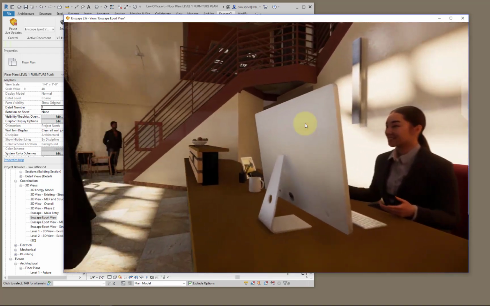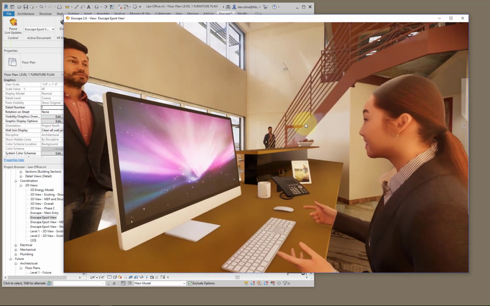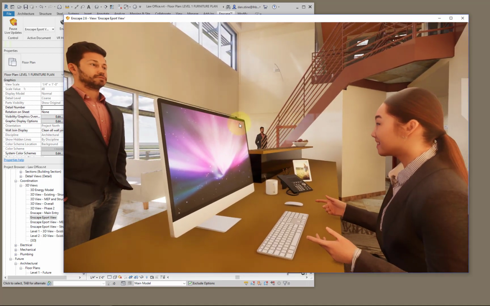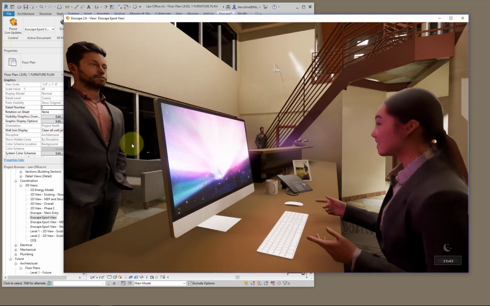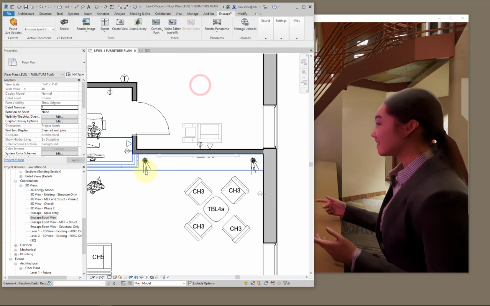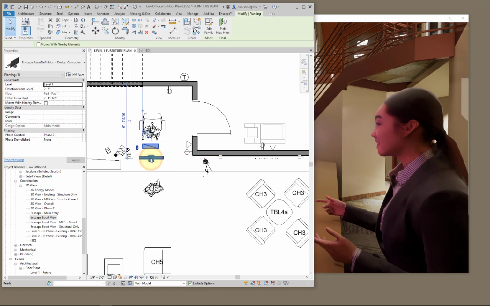Some of this content has some emissivity built into it. So what that means is if we change the time of day, we'll be able to see this particularly well. So this screen actually is emitting light, and we can see it lighting the face of the character. So we'll switch back to Revit for a minute, and I have it positioned here so that we can see the receptionist's face. And if we delete